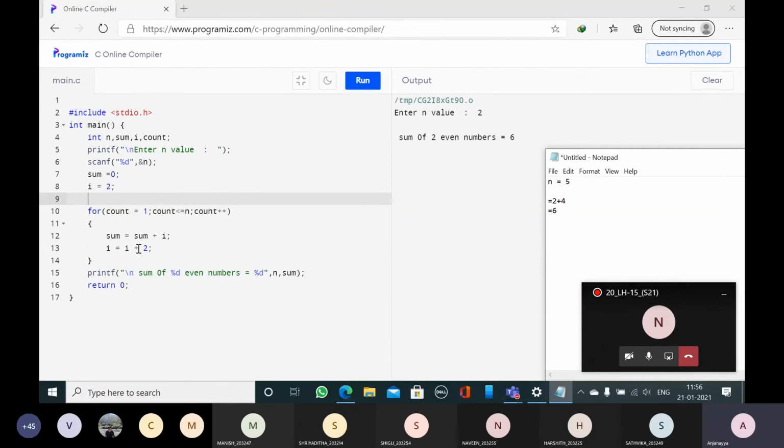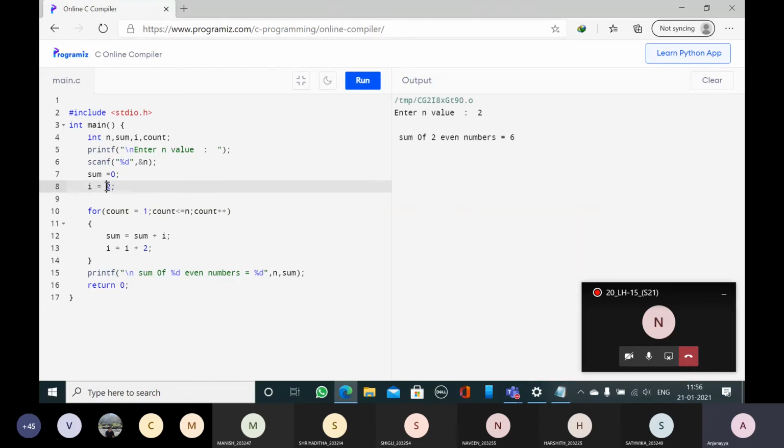Now what is the next program? Next program is sum of odd numbers. So what is the change I have done when I am explaining in the class? Only change the value of I to 1, because the initial value of the odd number is 1. So if I take n is equal to 5, 1 plus 3 plus 5 plus 7 plus 9.